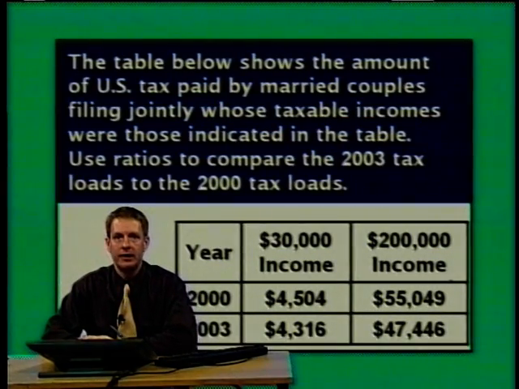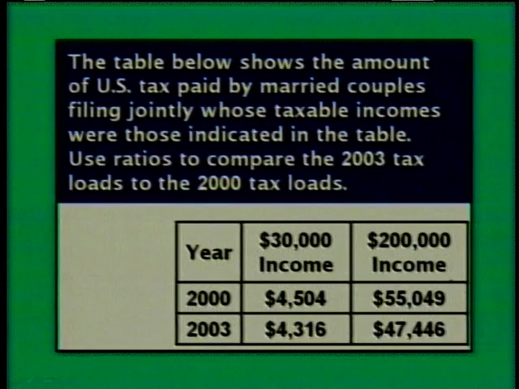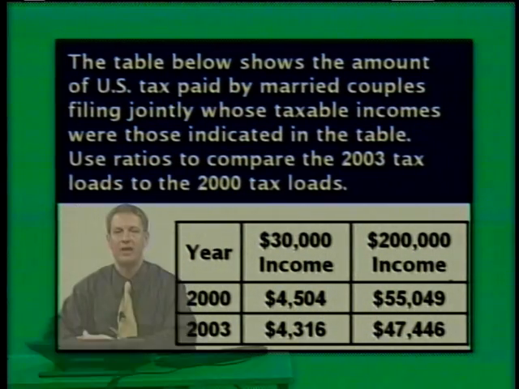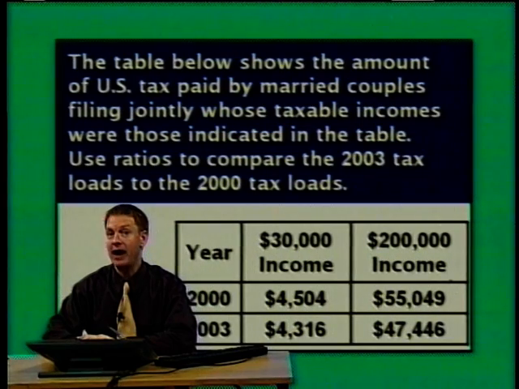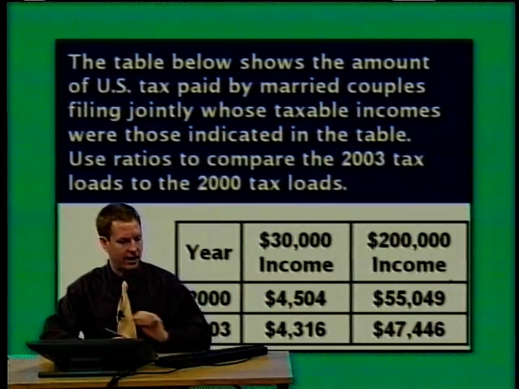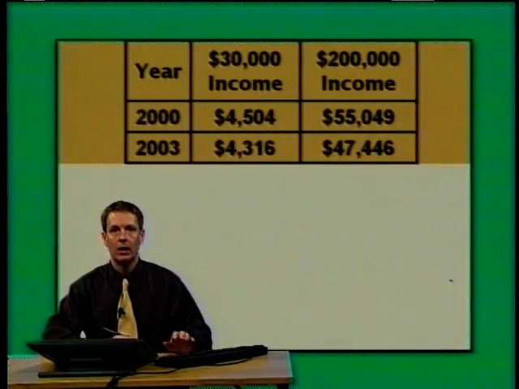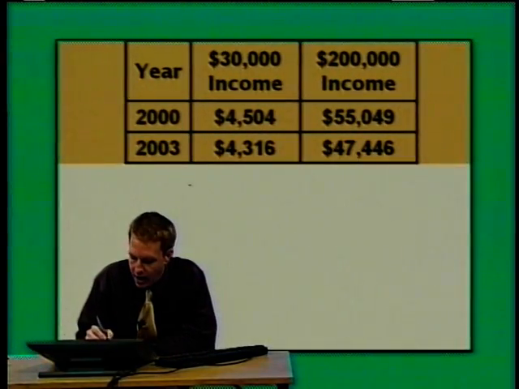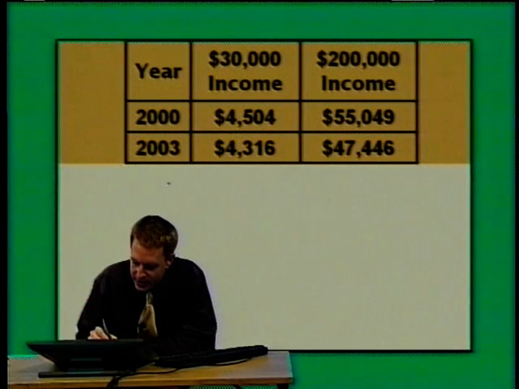Same table. This time we have a different question. Let's focus on the last sentence. It says, use ratios to compare the 2003 tax loads to the 2000 tax loads. Several tax cuts were passed between the years 2000 and 2003. Let's see what the net effect of these tax cuts was for these couples earning two very different incomes. So for the $30,000 couple, or I'm going to call them the 30K couple,